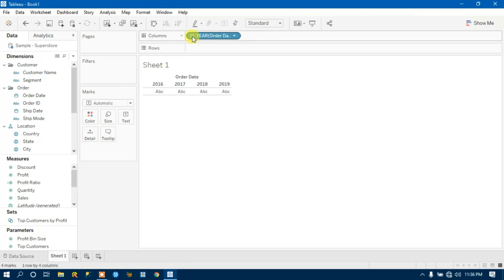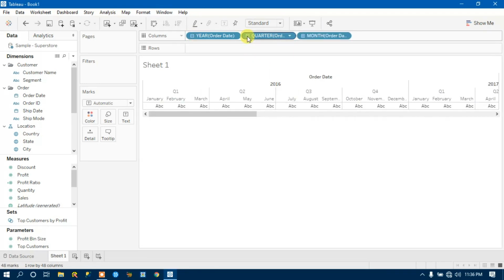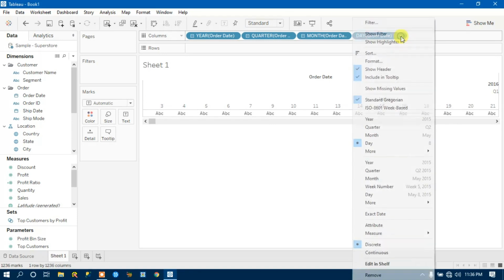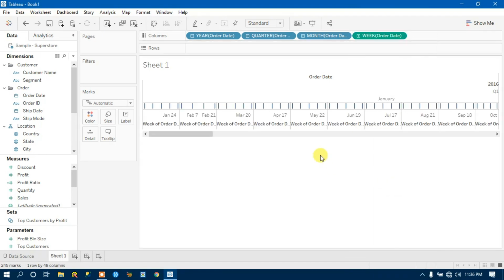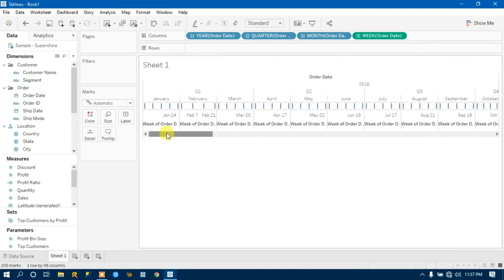If I click on this plus icon, what it will do, it will expand it to the quarter level. Again if I click on it, then it will expand it to the month level. If I click again on it, it will expand it to the day level. Suppose you want to make it a weekday, you can also click on the drop down and you can say week number. So this is basically the hierarchical data.